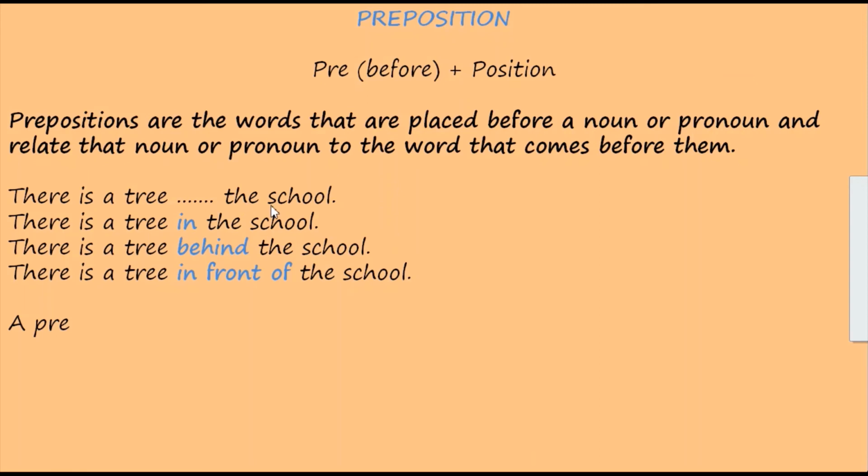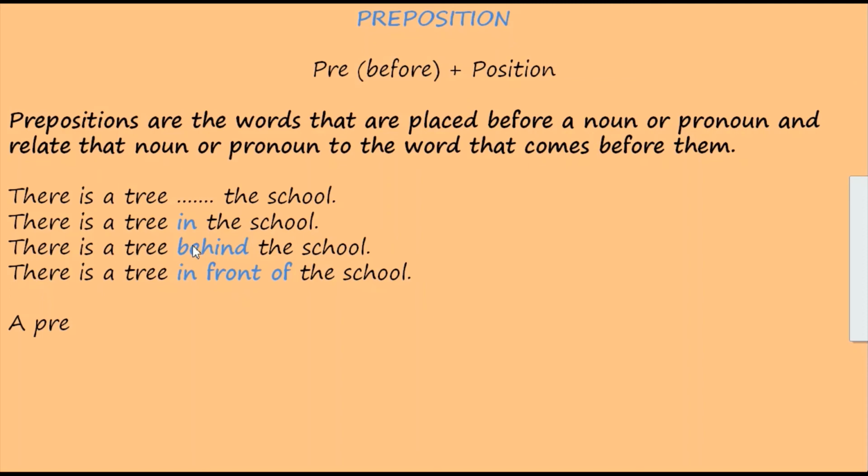Now the tree is in the school. And if we put behind, the relationship changes. And now the tree is not in the school, it is somewhere outside or behind. And in the last example, in front of, again by putting in front of here, we change the relationship of the tree to the school. So that's how we can say that prepositions are the words